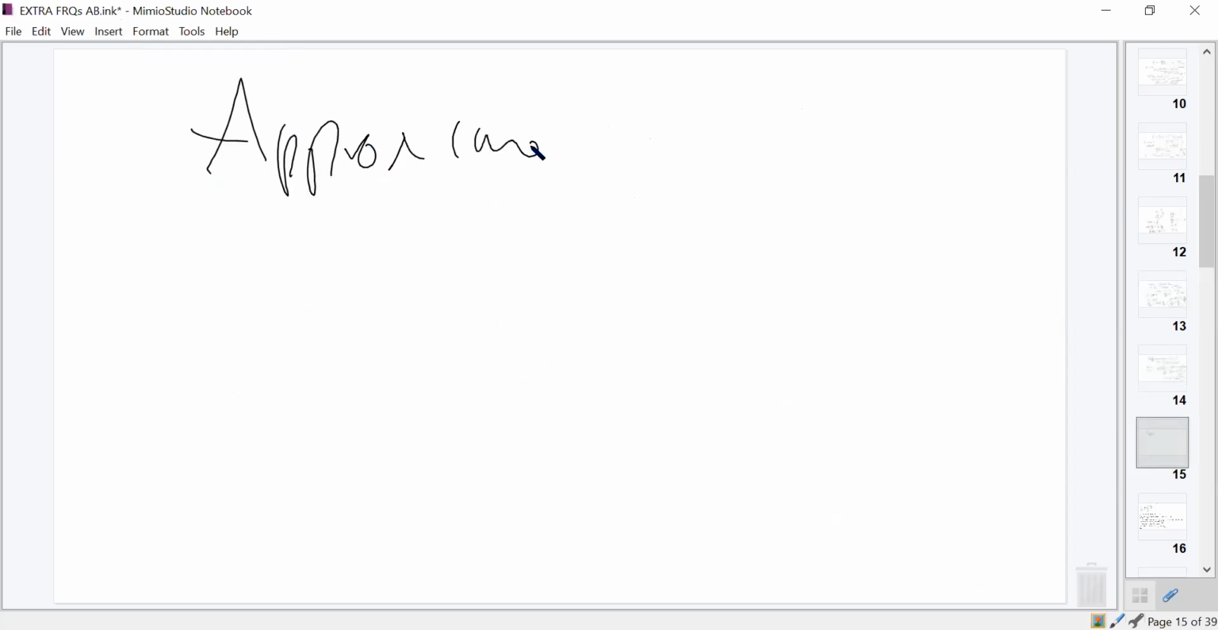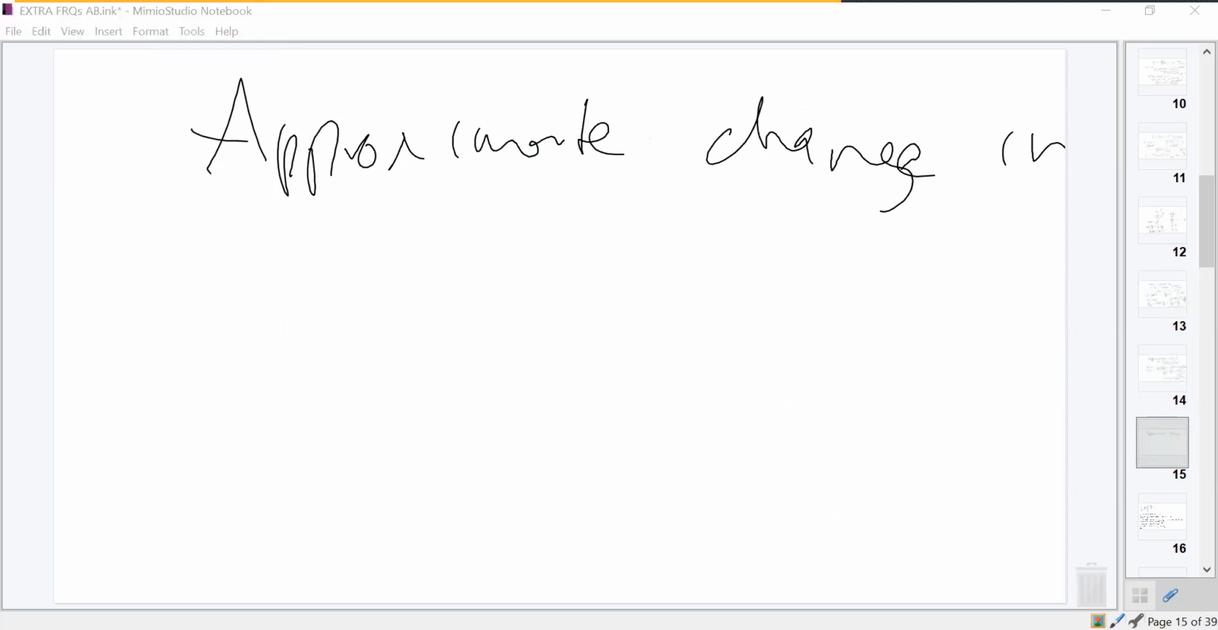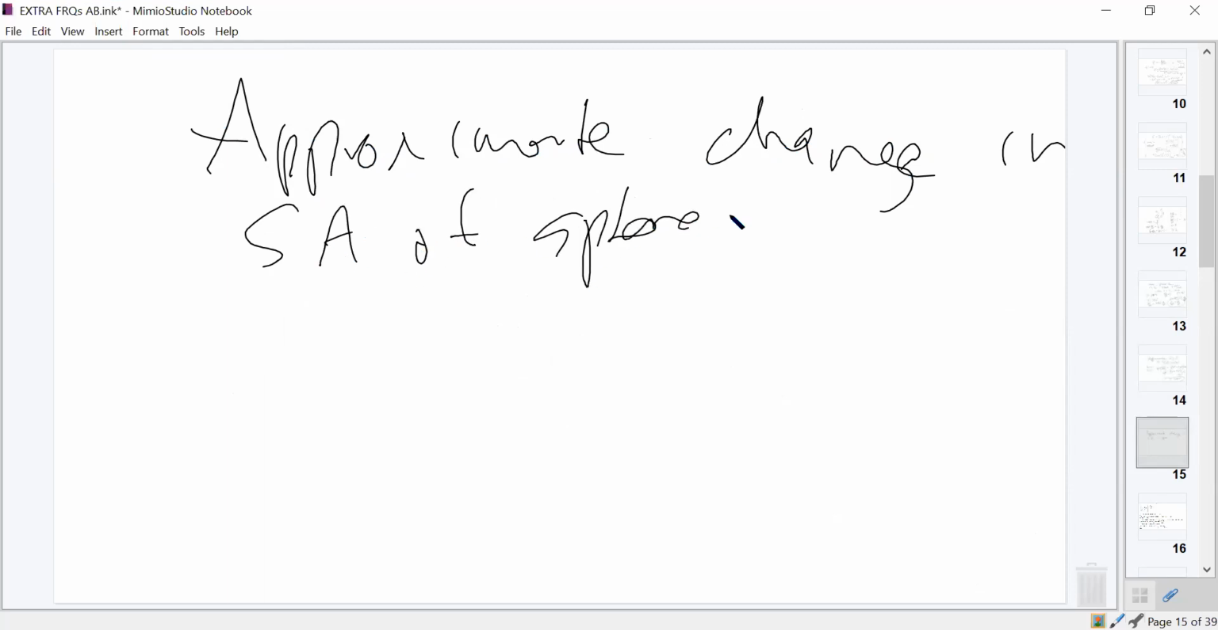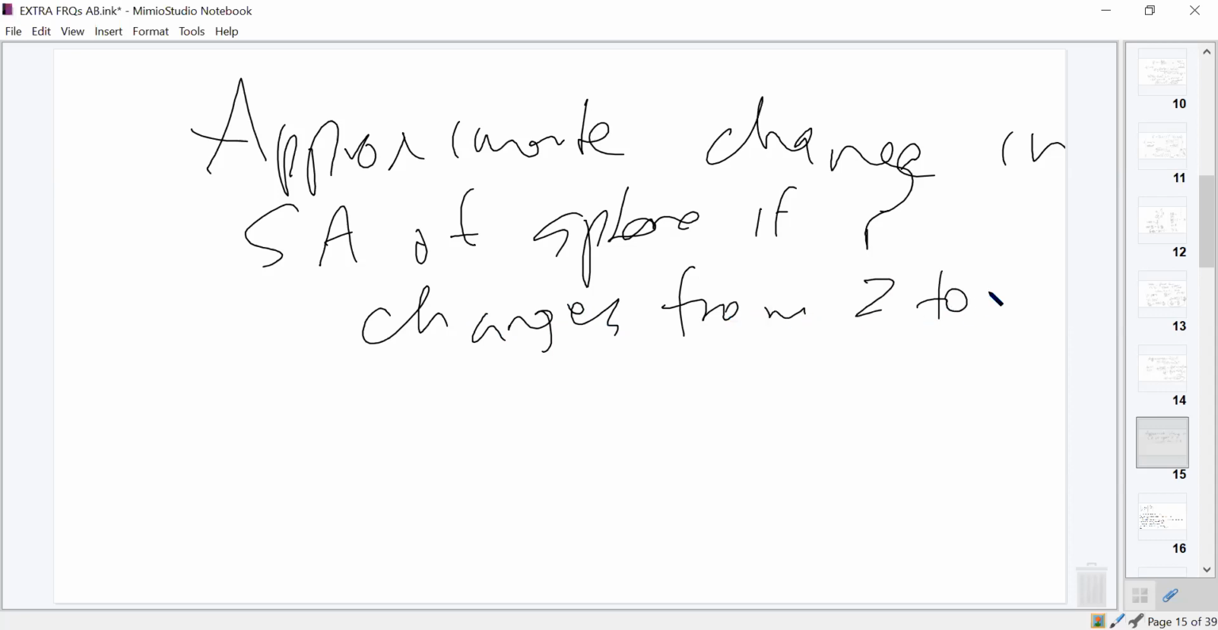often it comes up like this: approximate the change in the surface area of a sphere if r changes from 2 to 2.1. We'll just use the same values there. So if r changes from 2 to 2.1,